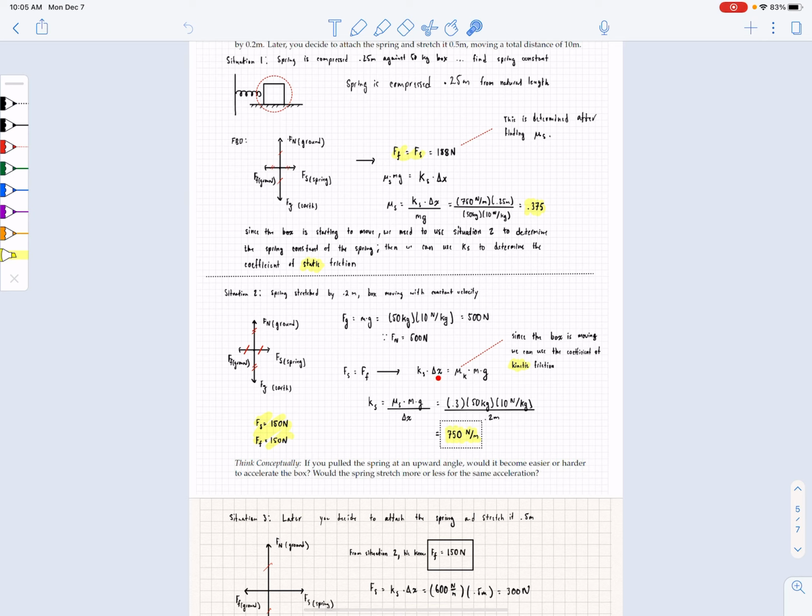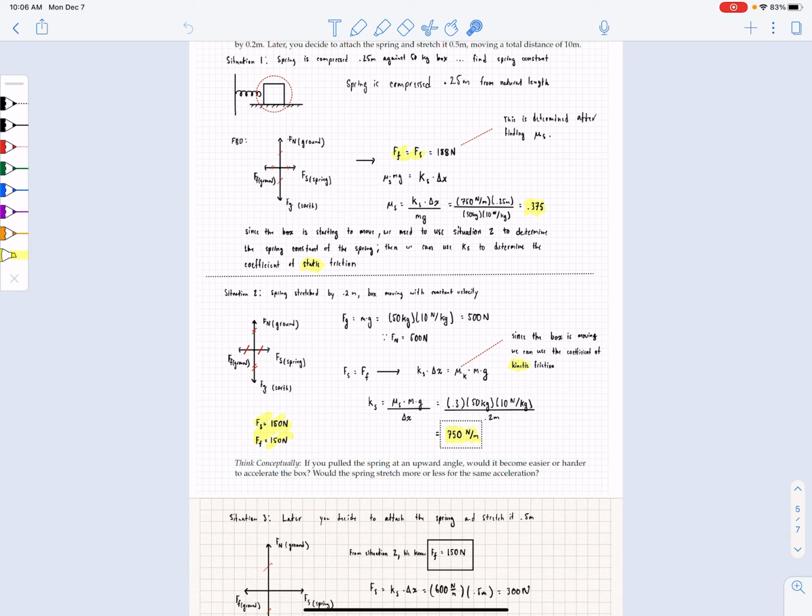We know that the spring is stretched by 0.2 meters, and we know that the force of friction can be expanded to the coefficient of friction times the normal force, while the normal force is going to be equal and opposite to the gravitational force. So we know that in this instance, because we're on a flat surface, the normal force is going to be equal to mg. The reason we write mu sub k is because the box is moving